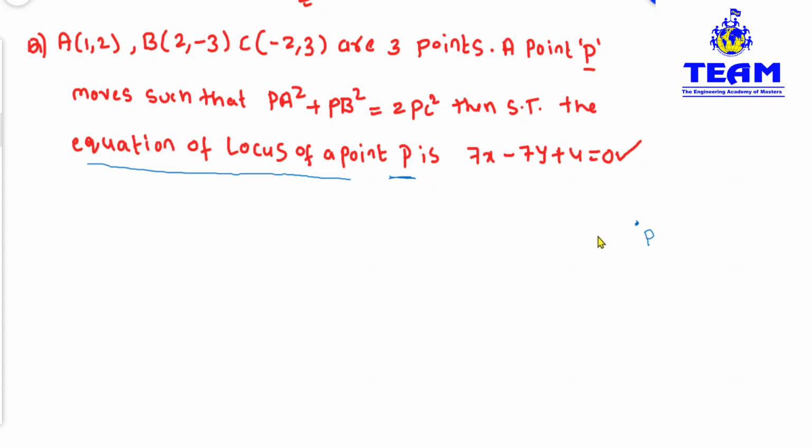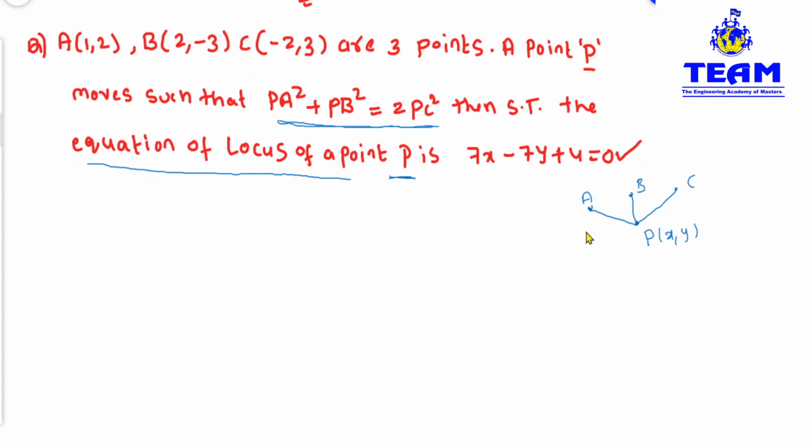So in this problem they have given a condition to get the equation. What is the condition they have given? PA square plus PB square is equal to 2PC square. This is the condition they have given. Let us consider P is also one point on the xy plane, such that PA square, PB square, PC square. A, B, C are given. Suppose A is a point here, B is another point here and C is also another point. Then you require distances PA and PB. Now PA square plus PB square is equal to twice PC square, we need to prove.